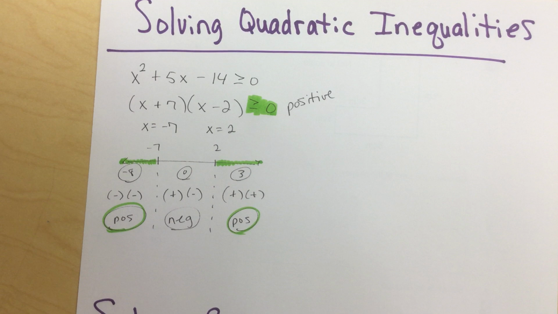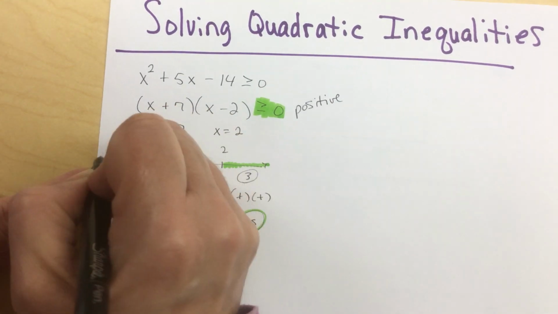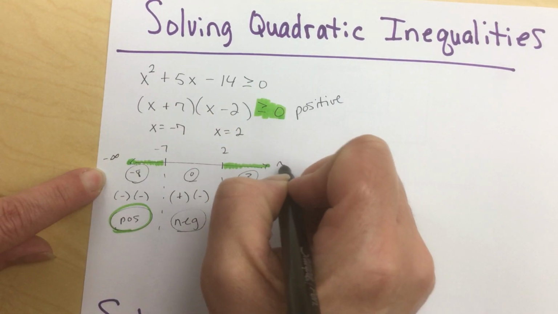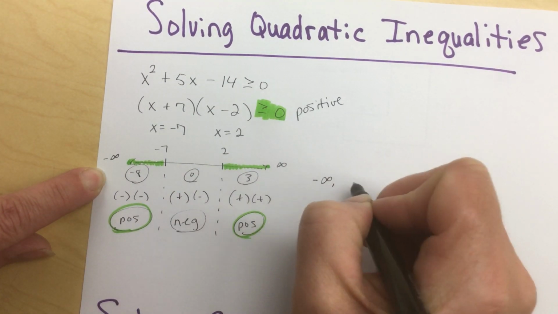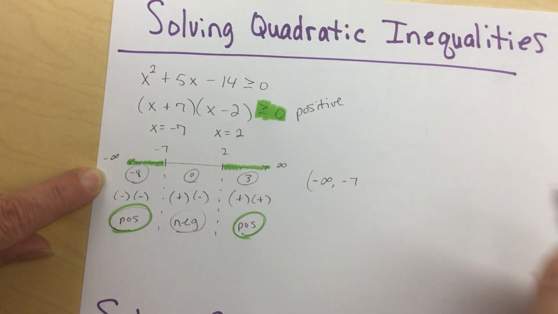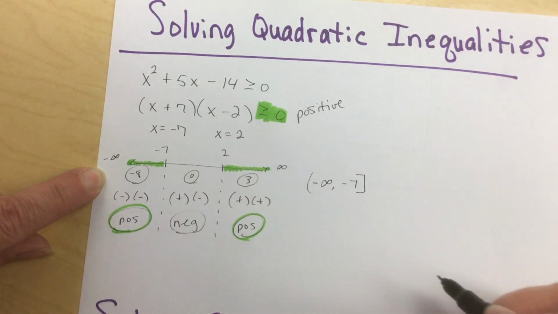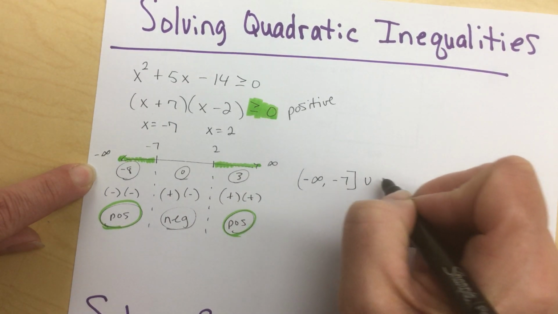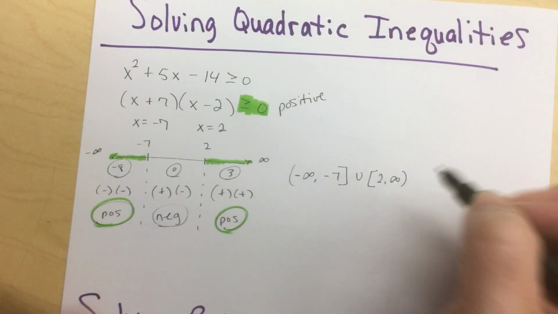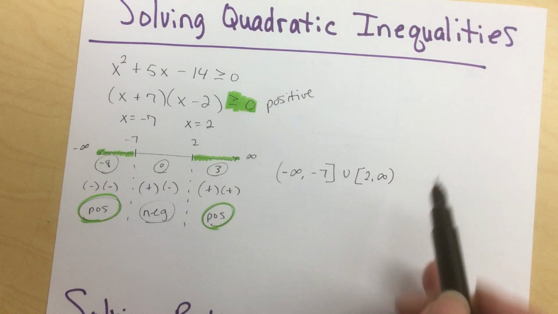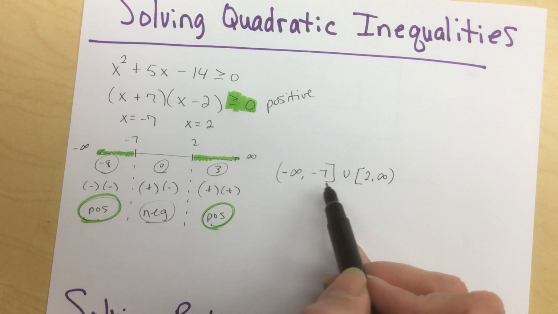You just need to write it in interval notation. So remember, negative infinity is out here, positive infinity is out here. So my answer is everything from negative infinity to -7, and I'm going to put a bracket on my -7, union 2 to infinity. So we always put parentheses on infinity, and I have brackets on my 2 and my -7